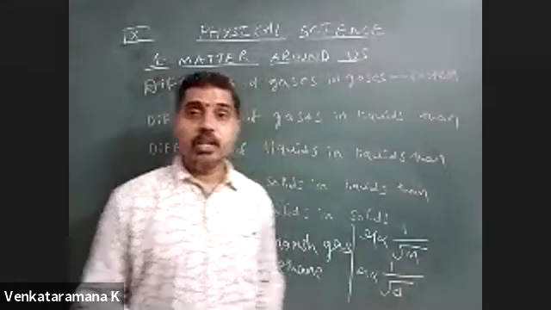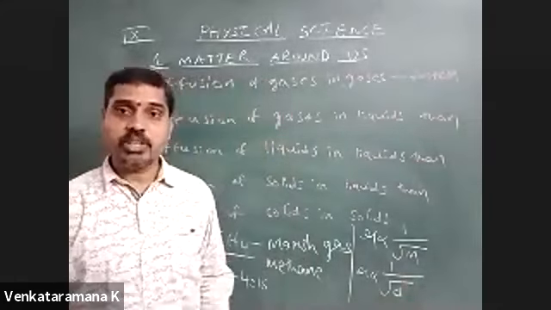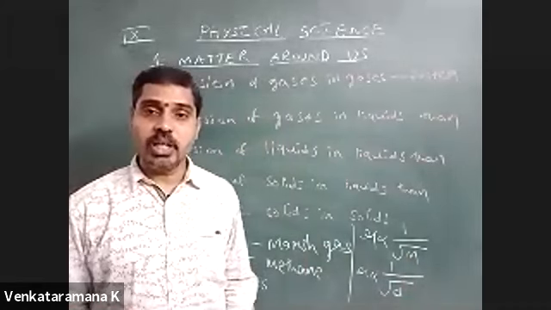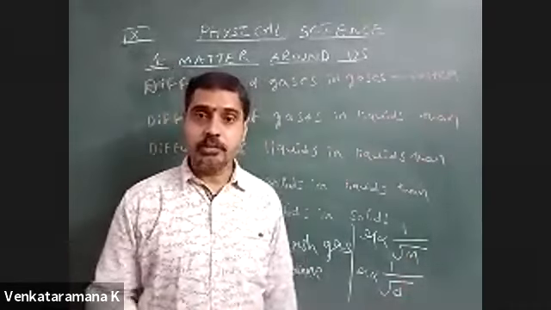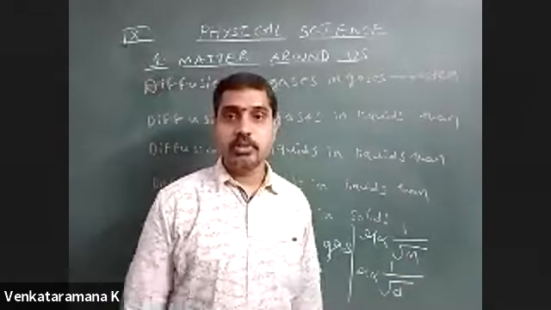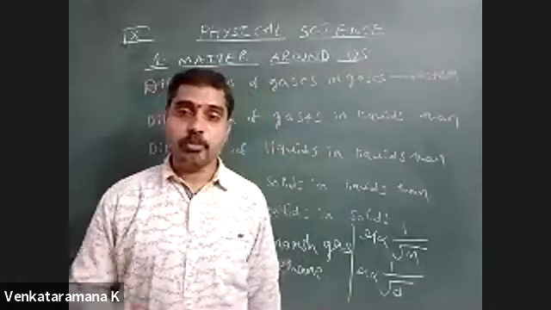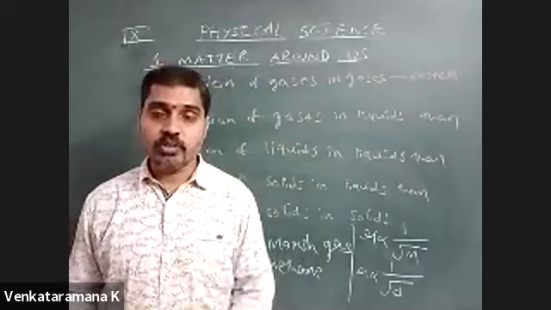In that way, we can test poisonous gases by following the law. That law is known as Graham's law of diffusion. So in that way, we have the diffusion property which we can use in our daily life.